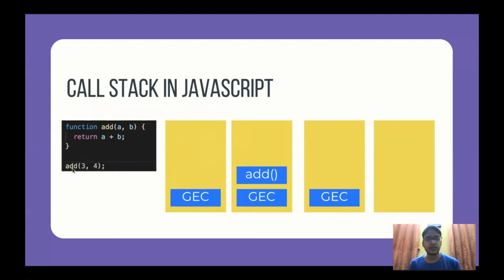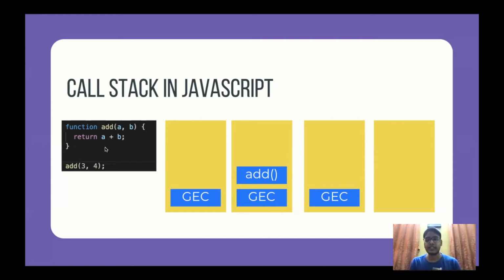And I have a function call here. So this is the function definition, and I have a function call which is trying to create a sum of these two numbers and return it back to the user. Now, how does this function execute internally when we try to run it using, let's say, Node, or when we try to run this code in the browser?